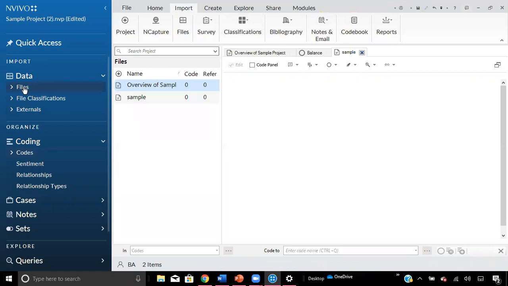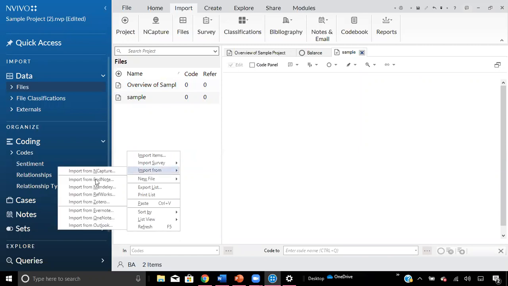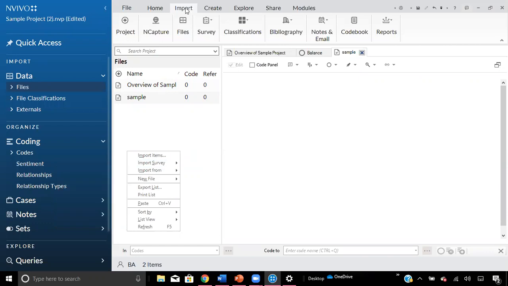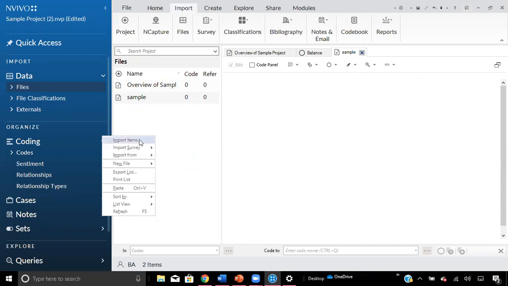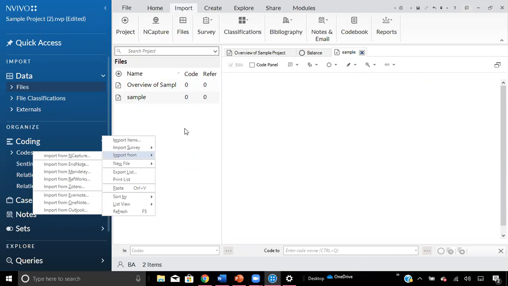If you click on Files under Data, you can drag and drop files into this empty space, or you can right-click in the white blank space in the center of the page and select Import From, and you can see it has a bunch of different options. So those are the three options to import files. You can select from up here, you can drag and drop into the white space, or you can right-click and select Import.